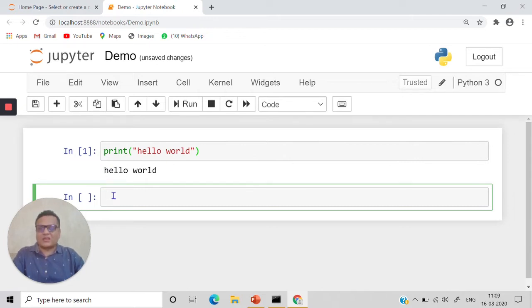Now what is the advantage of using this? Why do I always use this? Because it gives me the instant output. And whenever you go to any international website like GitHub and want to share your code, you can use the .ipynb file to share with others, so that you can collaborate, and people can similarly add content to the same file. You can also add as many codes as you want in the same file, and you need not open files again and again. So these are the advantages of a Jupyter Notebook.